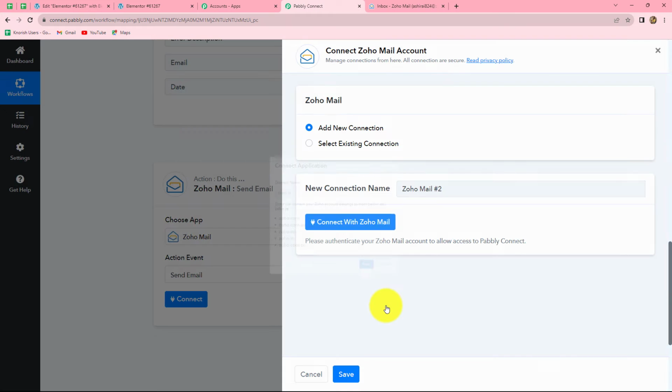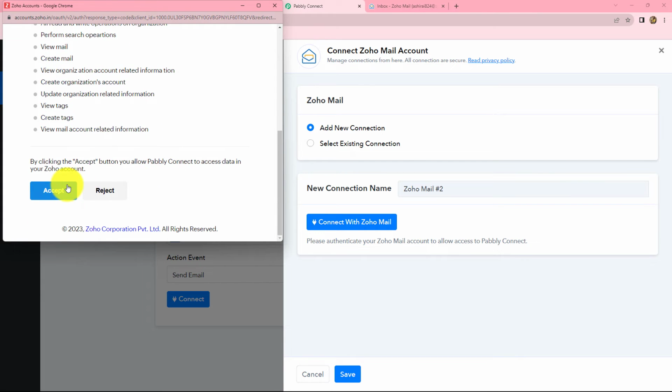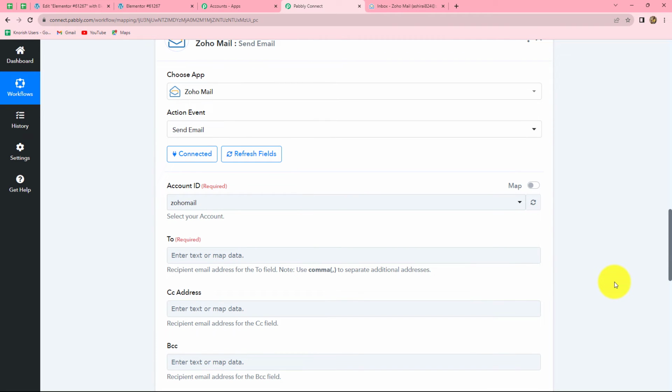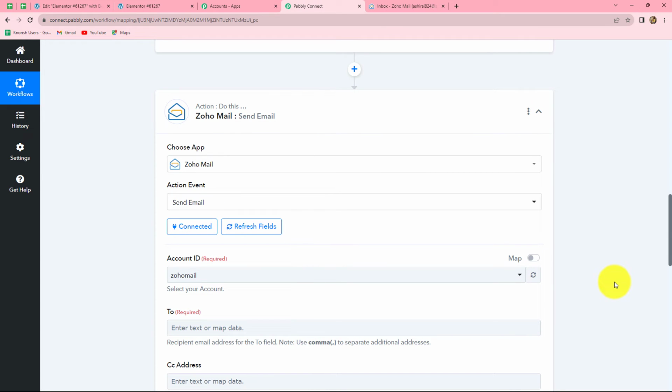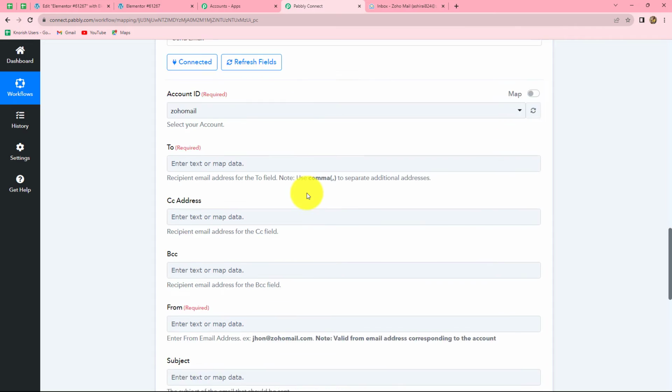Done. Click on save. And now Pabbly Connect is asking us for the permission to access our Zoho Mail account, as it is 100% safe. So let's click on accept. And we can find that our authorization has become successful. Since I was already logged into my Zoho Mail account, the authorization has become successful very easily, and Zoho Mail account is connected with Pabbly Connect. So you also have to keep in mind to always stay logged in to your applications before making the connection with Pabbly Connect. Now after this, let's move further, and now here we have to enter the details in these fields